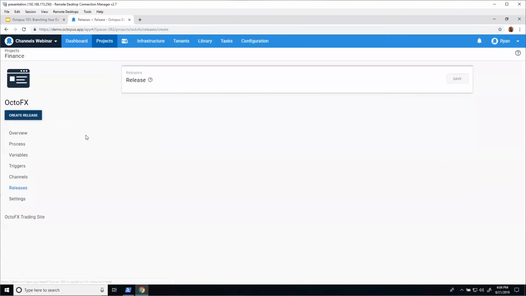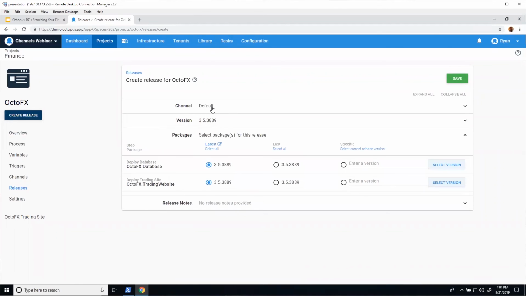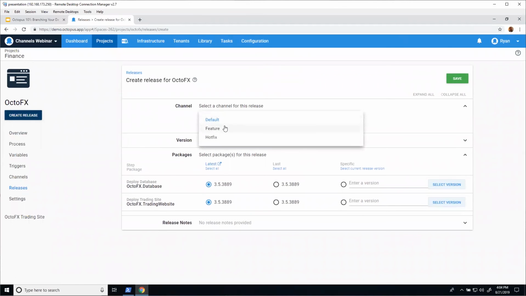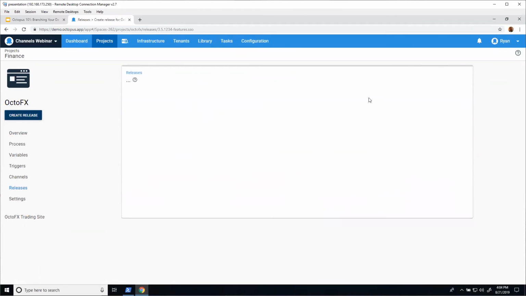But now we can go into create a release. And like we could with the previous one, we could change the channel. If we choose a feature channel, it's going to grab our SSO package, which has some feature branch development. We can save that and deploy